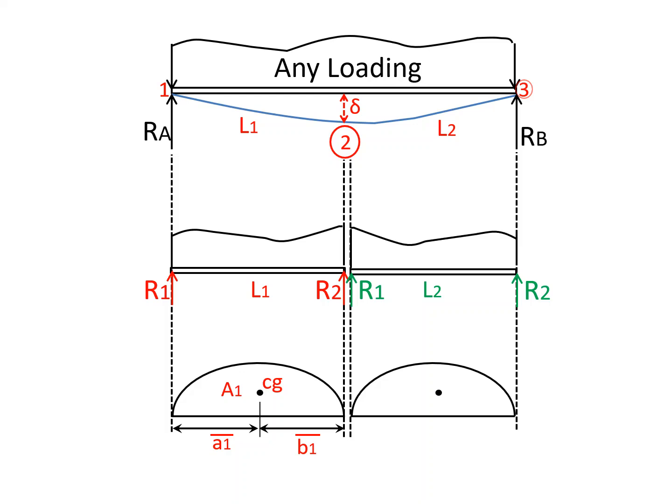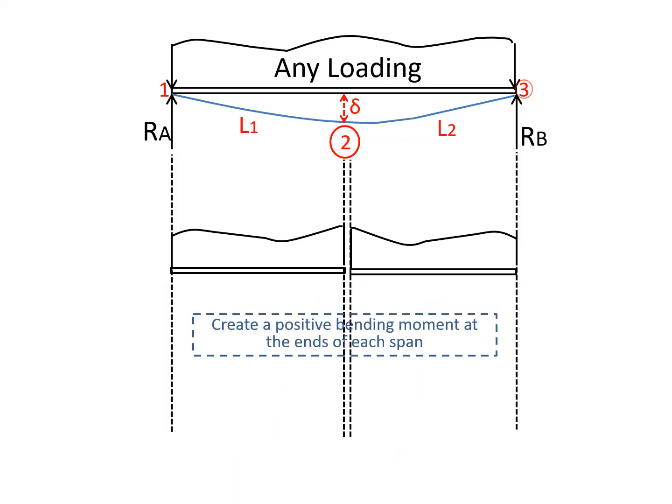This is the illustration together with the centroid and the area. In this case, we are going to still locate the centroid from the leftmost end of this span, to be labeled as barred A2. And also, from the centroid towards the right side is barred B2. Next,